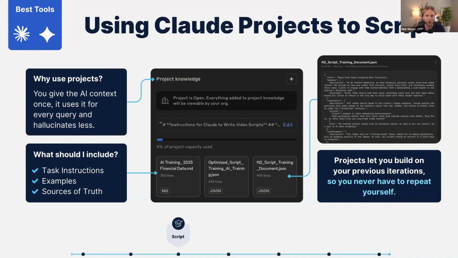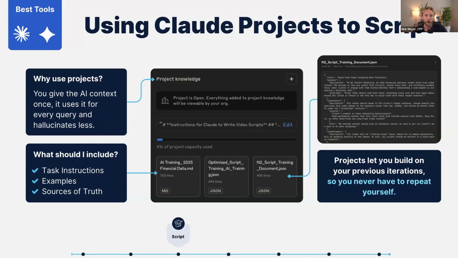We don't want any copies of old content because that's going to start to get very stale very quickly. But this teaches the AI model exactly what we want. And so does the final document in there, what we call our N2 script training document. This is a document Nate and I sat down and created a couple months ago, a couple dozen pages, basically going through our entire strategy behind scripting short form videos that we've learned through creating thousands upon thousands of them.